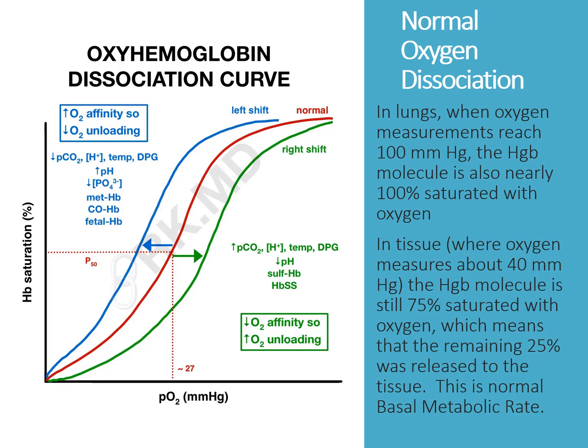We are going to have an alkaline, or increased, blood pH. Our PO2 is going to be decreased, and we might see this with methemoglobin,